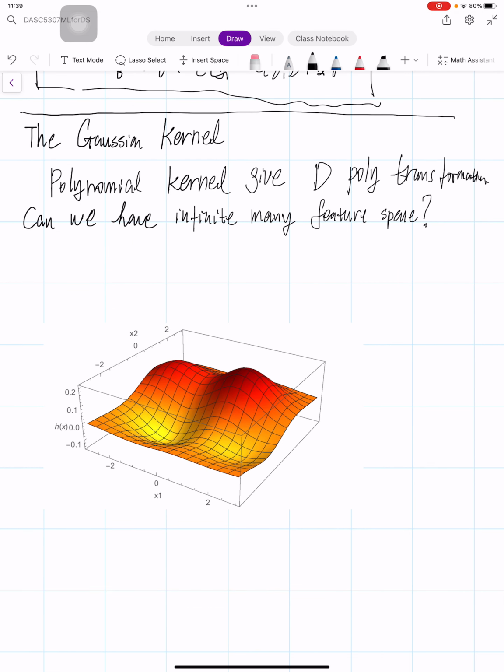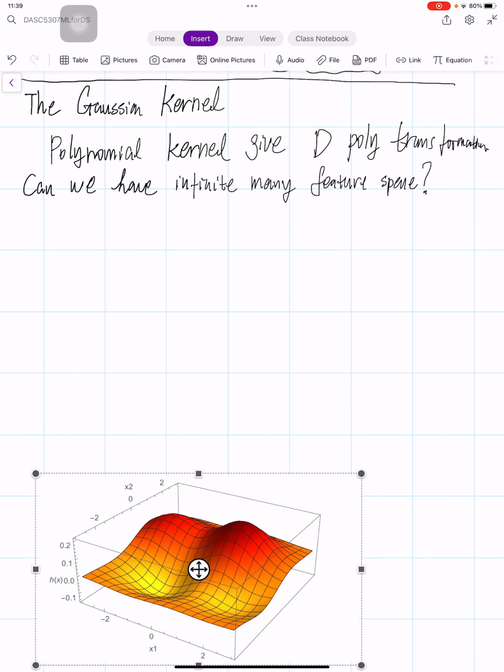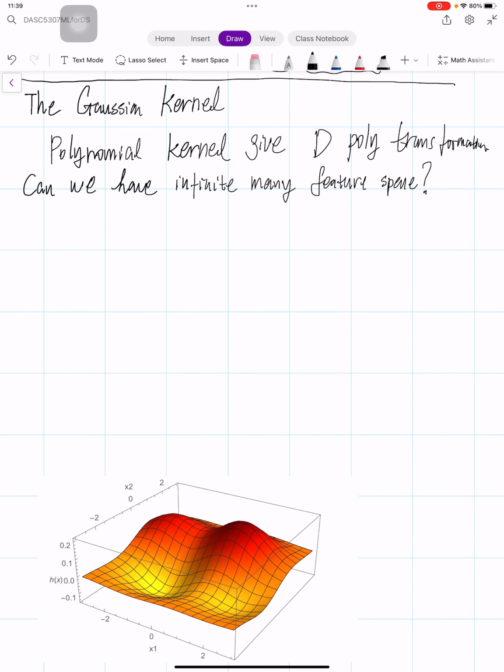The answer is yes, we can. The answer is given by the Gaussian kernel. Okay, the Gaussian kernel